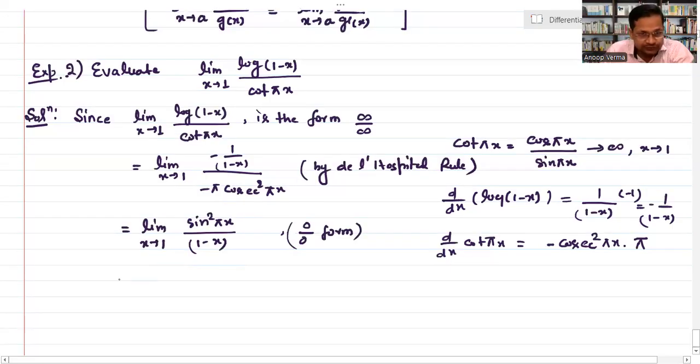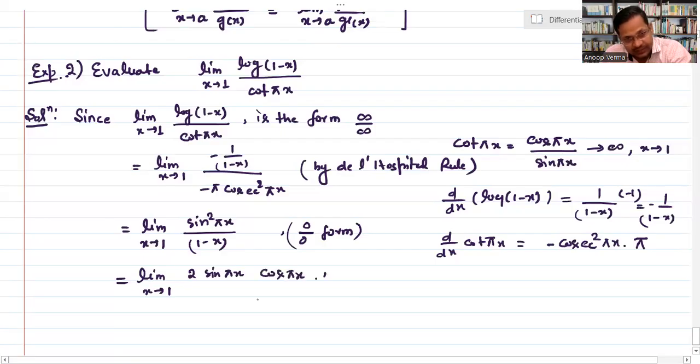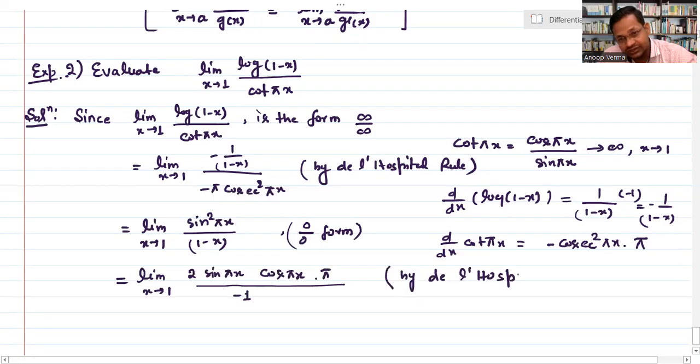Okay, so you can again apply this, limit x tending to 1. You apply this, take the derivative of sin square pi x, it will be 2 sin pi x, and sin का हो जाएगा cos pi x, and pi x का हो जाएगा pi is remaining. And when you apply the limit, you take the derivative of this, it will be equal to minus. Okay, so you can also say by L'Hospital rule. You will have to mention कि आप किस रूल किस मेथड से डेरिवेटिव ले रहे हैं।